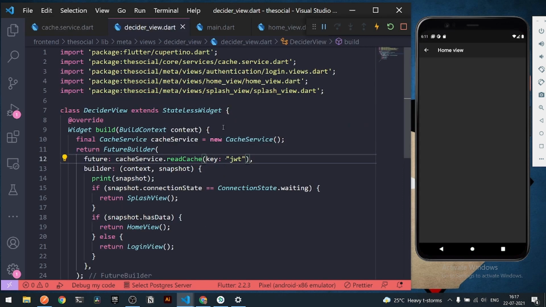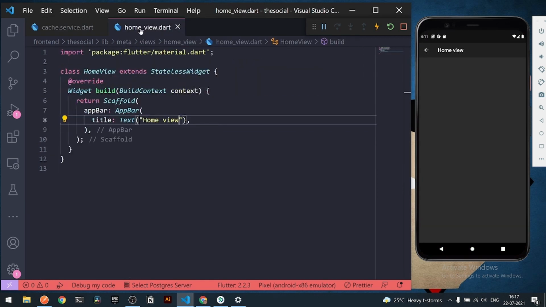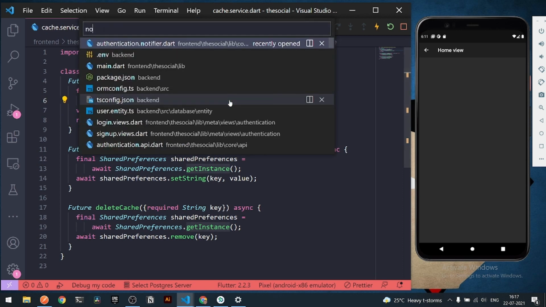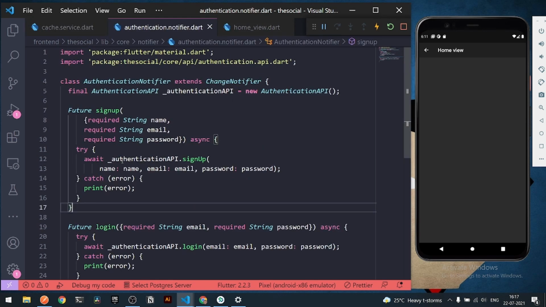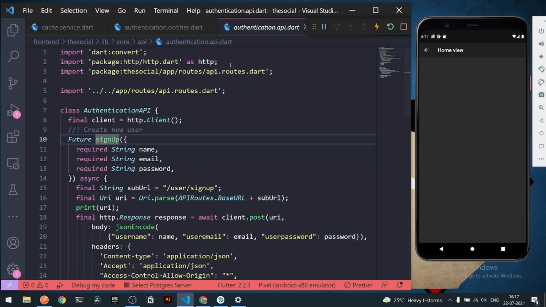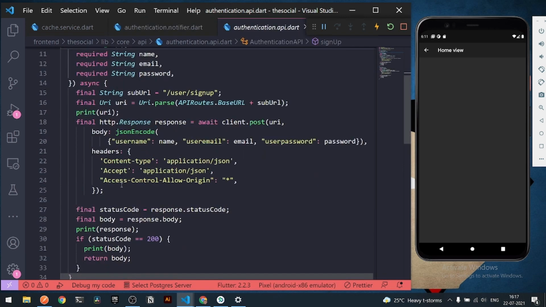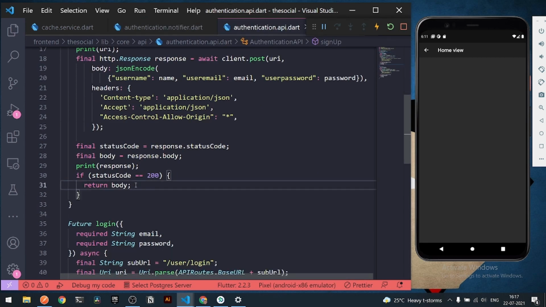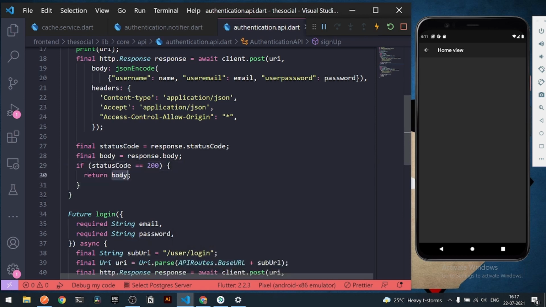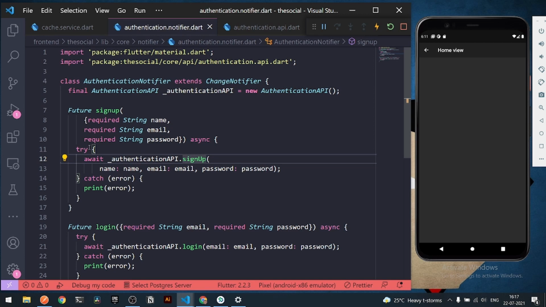And now what we can do, we can go under our entire notifier. So let's go to notifier, and under my notifier I can add a condition to cache the particular JWT, right? So to do that, if I go back under sign up, here you can see we are creating a new account and we are sending our entire body back, right? So this will be an entire body that we are sending back. So we need to parse the particular body and get our entire value.